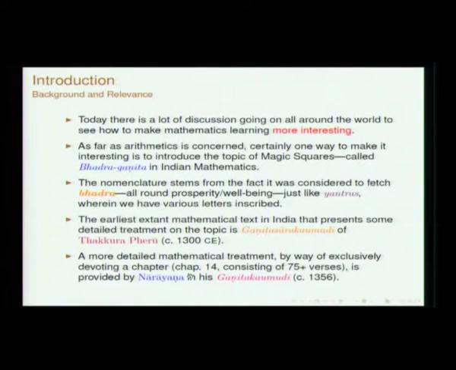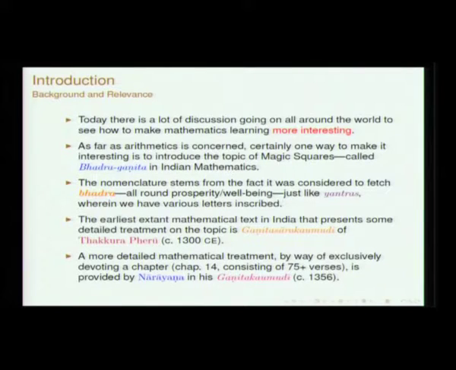The term Bhadra in Sanskrit means all round well-being, prosperity. Perhaps there are certain magic squares which one will find in temples and various inscriptions, so it is something like a yantra perhaps. In the yantra, you will have some aksharas inscribed. So, in magic squares you have some numbers inscribed. Maybe it had that kind of a significance, one does not know. And that could be the cause for calling it Bhadra Ganita.